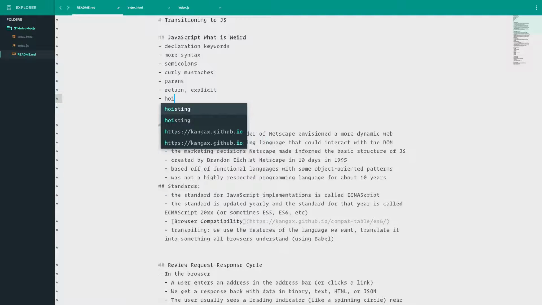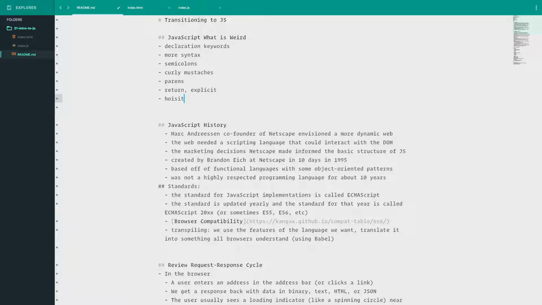All right, I'm going to throw this in here. Hoisting. Let's see, I have a lot of notes about this, guys. Nothing else that tripped you up? Cat? The way it will assume data types for certain things.